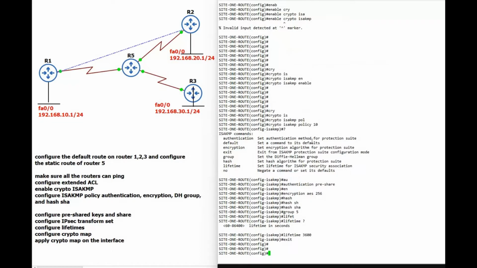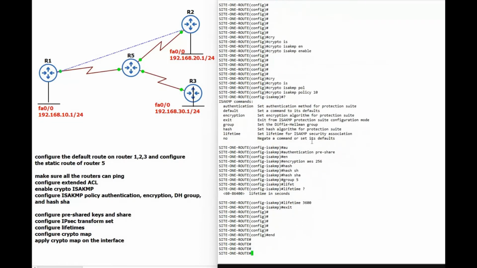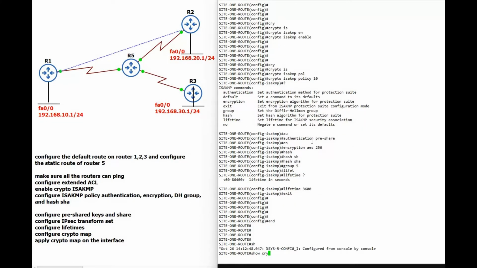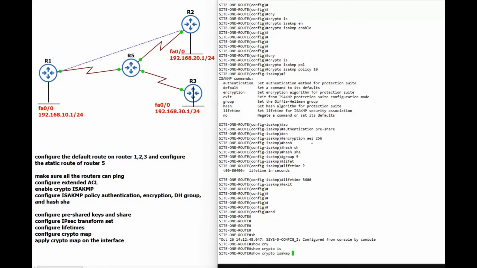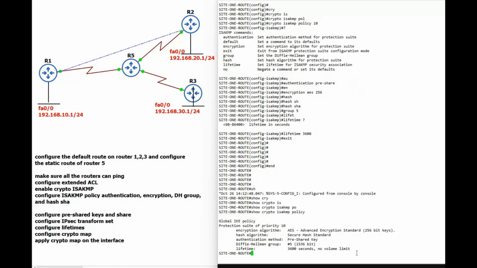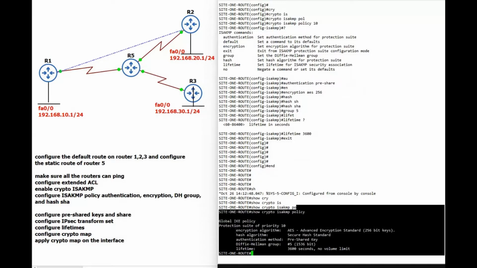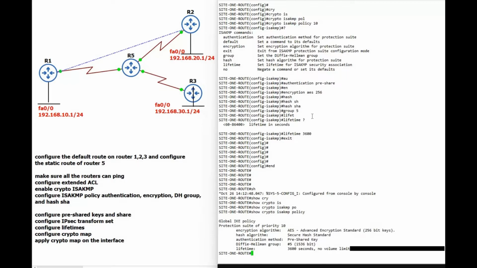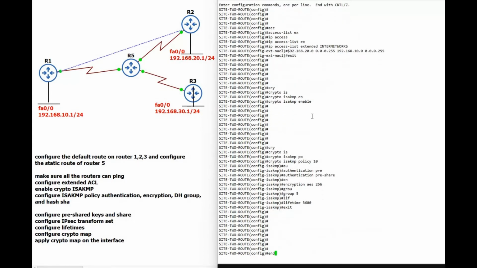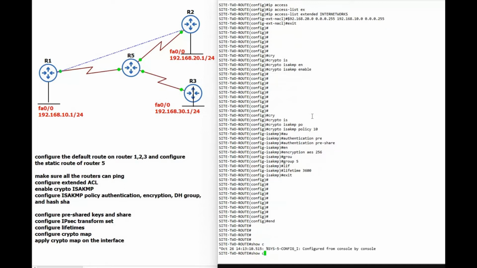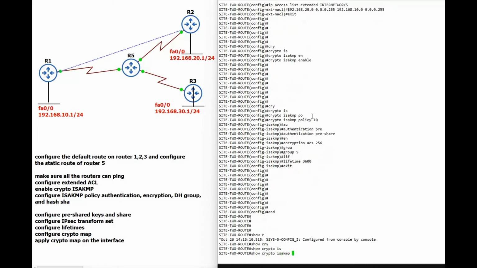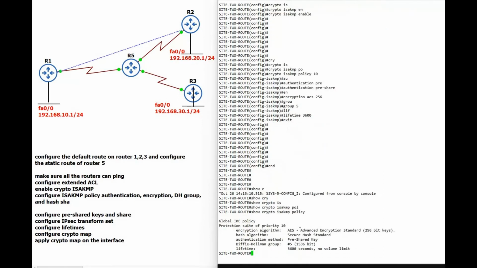So let's verify this and show crypto ISAKMP policy. You will see here a global IKE policy. This is a protection suite of priority 10. Okay, the same way on router 2 and show crypto ISAKMP policy. Okay,